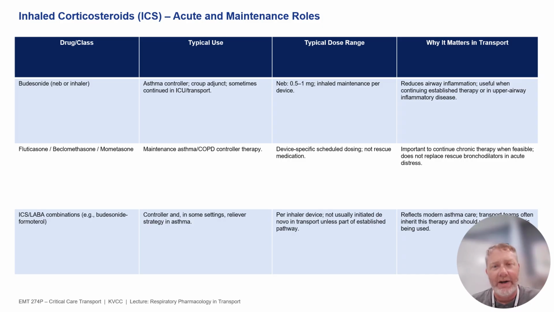They work on the M3 receptor at those terminal end sites, or the muscarinic 3. So they are also called anti-muscarinic medications. Those are your SAMA, short-acting muscarinic antagonist, LAMA, long-acting muscarinic antagonist, and the only SAMA is your ipratropium or